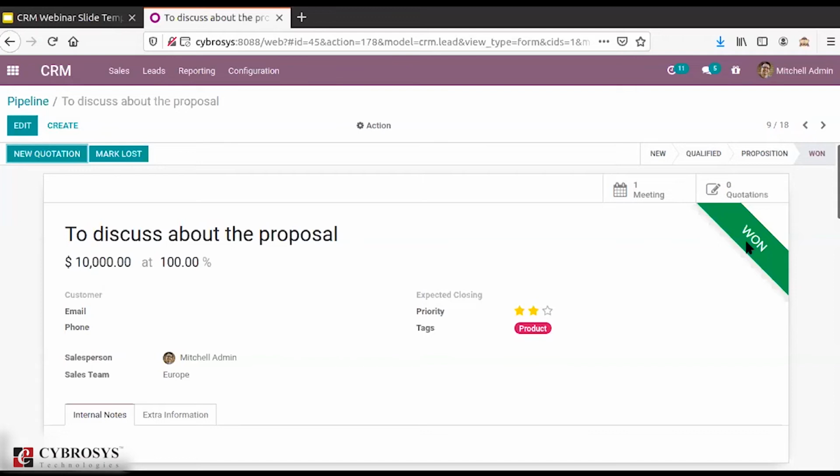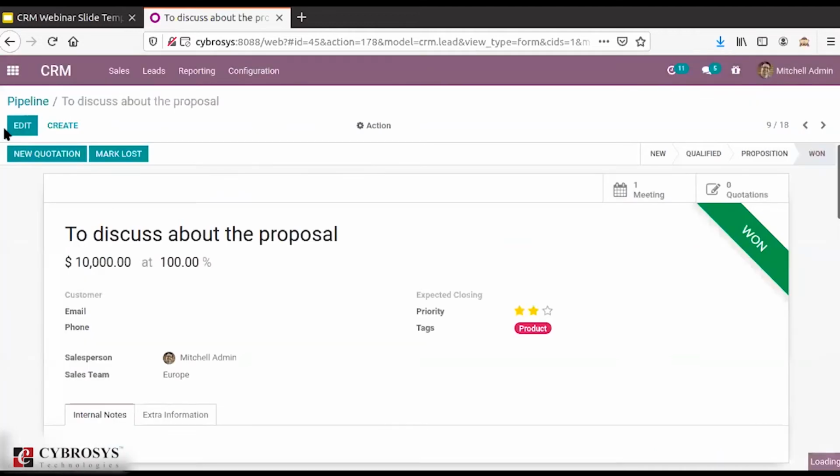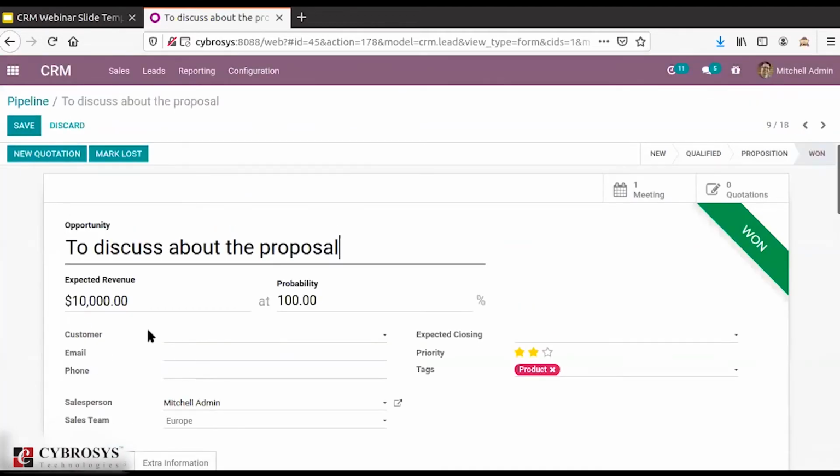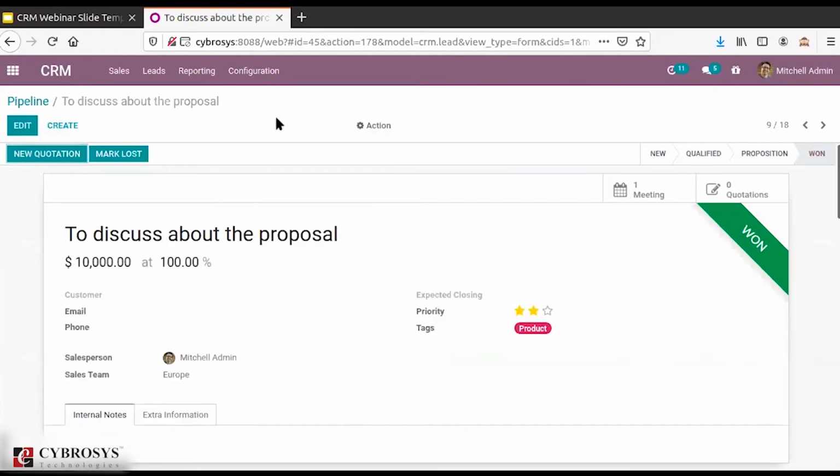You have the option to mark it as won as well as to mark it as lost. Then in this action button also you can see you have certain options. You can send an email to that particular customer of yours. If you have mentioned the customer as well as the email address of your customer, you can just send an email.